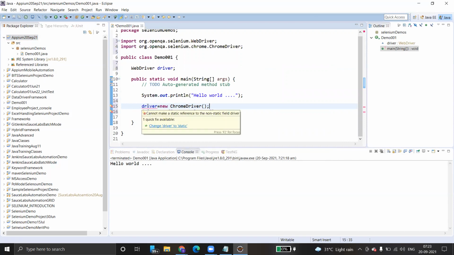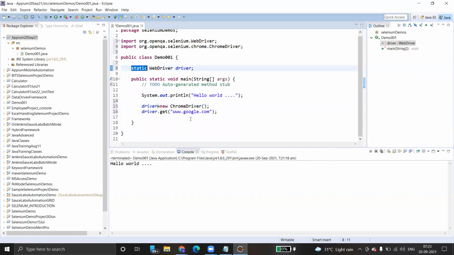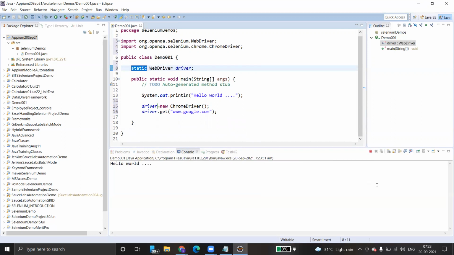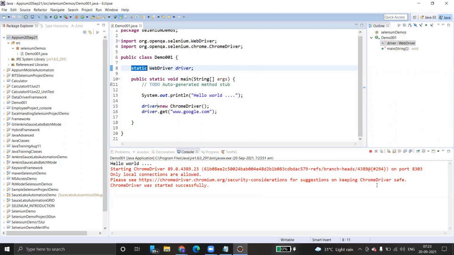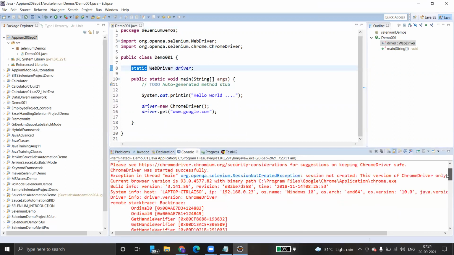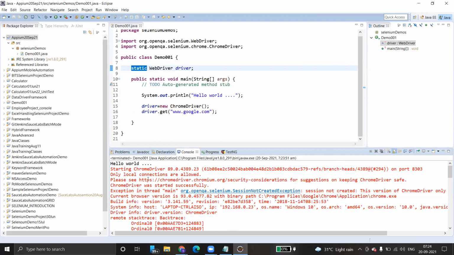But there is an error. You have to make it static actually. Yes, done. So now I'm going to execute the program. Just right click and run as Java application. See what is the error? We have instantiated ChromeDriver. See, starting ChromeDriver